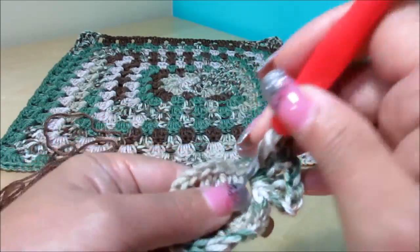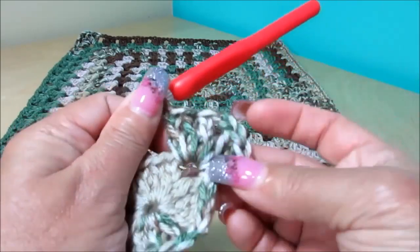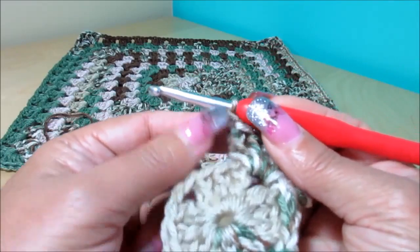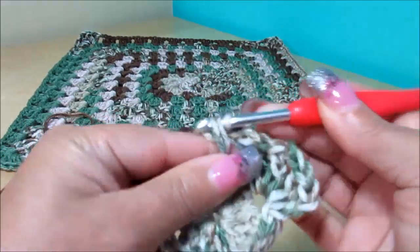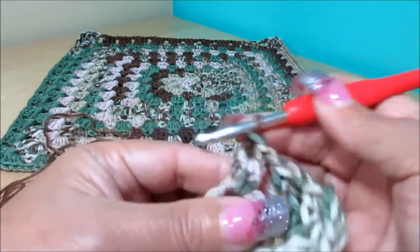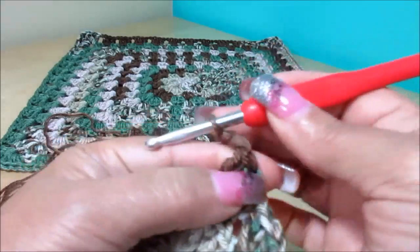2 and 3. Now I'm gonna chain 1. Only in the corners, in between the 3 and 3 is a chain 2, and the other one in between is only a chain 1. So yarn over, and again you're gonna do 3 more in the other corner. 1, 2 and 3, chain 2, again